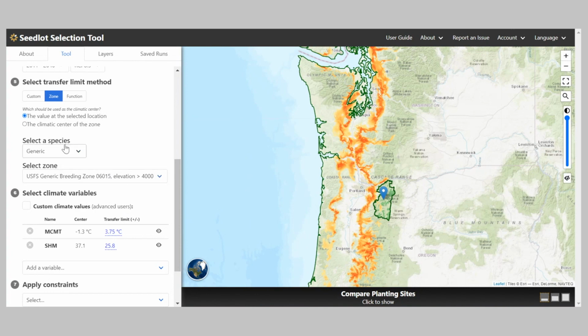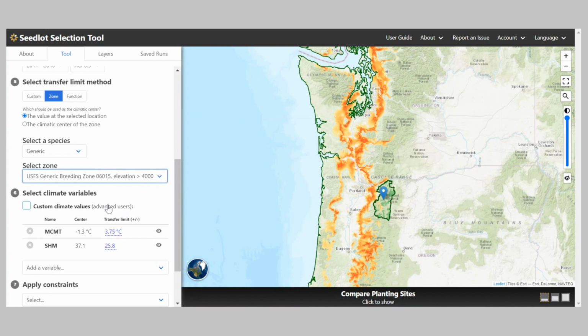The reason that I'm using generic here and not Douglas fir species specific is because the Mount Hood National Forest doesn't have species specific zones delineated. If we select Douglas fir, we can see that there's only the Oregon zone available. So we're going to go back to generic and select our Forest Service breeding zone.